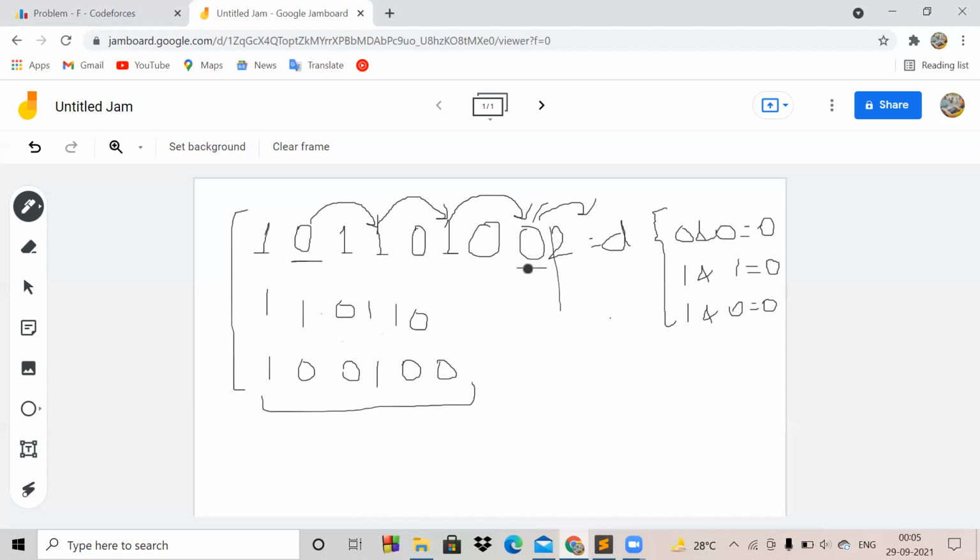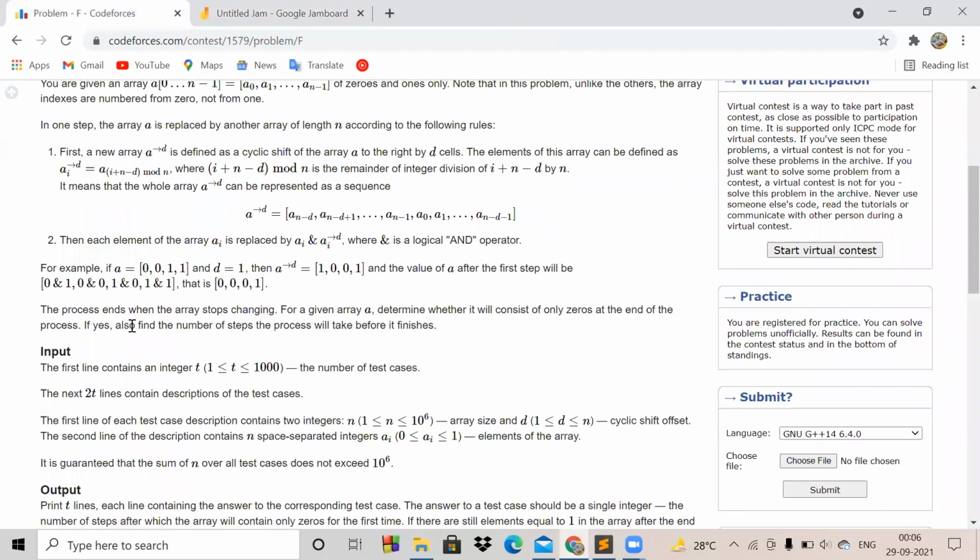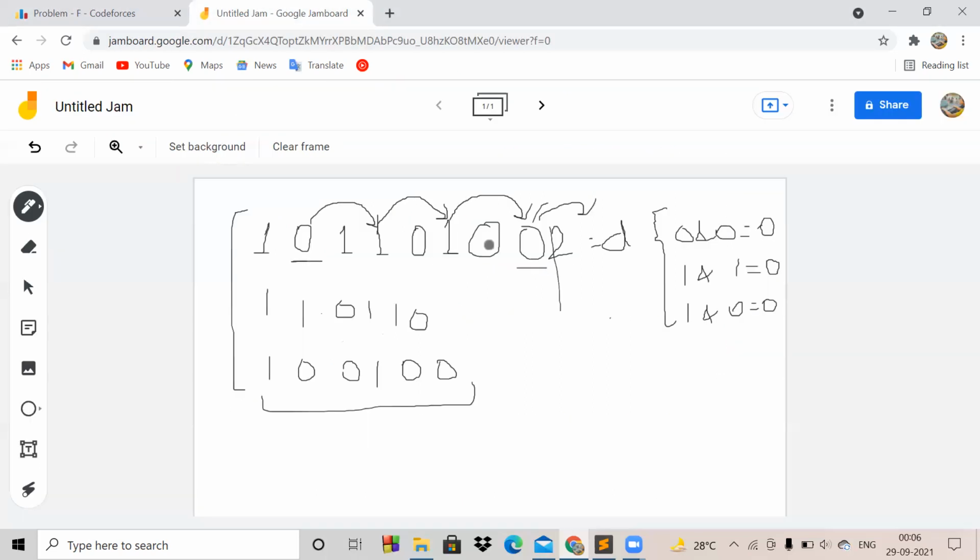already carried out that process. When you were converting this one with this 0 as 0, at that time in the first step this 0 has already converted the next one which it can convert in the first step only. So you don't have to, because in the question you have to find the minimum number of steps until the whole array stops changing. So if there is a one ahead of this 0, it will already be converted by this 0 as 0.